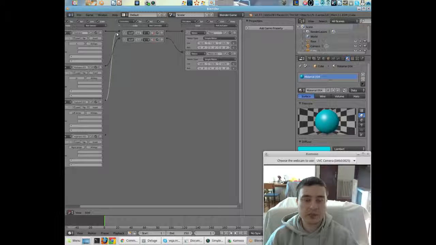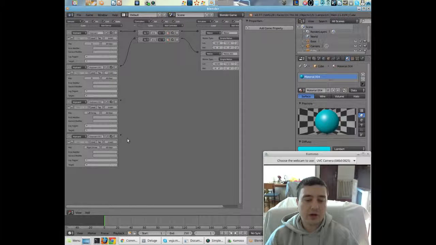Now, before I connect this, I need to discuss something. I am connecting these 2 over here. However, if I connect them, in order for my player to do this motion, it will require me to press both keys, A and D, and left, in my case. Why is that? Because this is an AND sensor, which means only when these two are activated we are going to have an effect. Now I can choose an OR sensor,